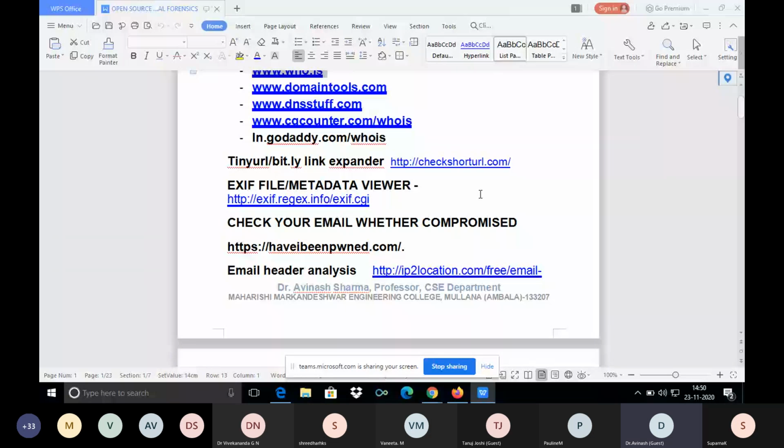Next tool there is called the metadata viewer. With this particular tool, you can find out the complete information about your metadata. For example, what is the meaning of metadata? Metadata is something which is in the form of an image or some kind of JPG file, or some kind of particular